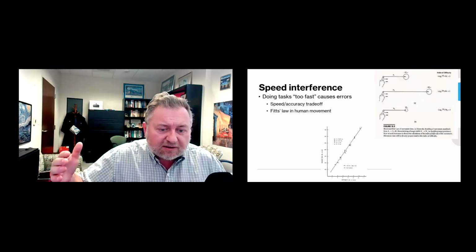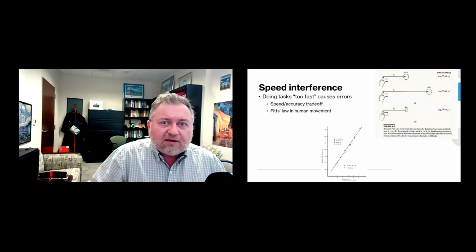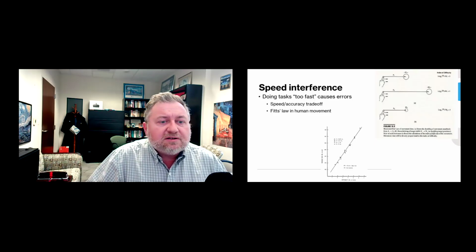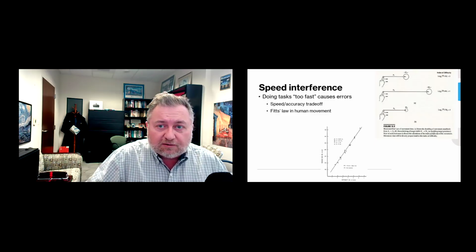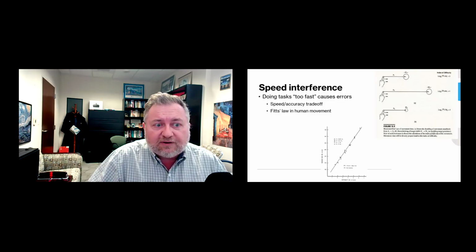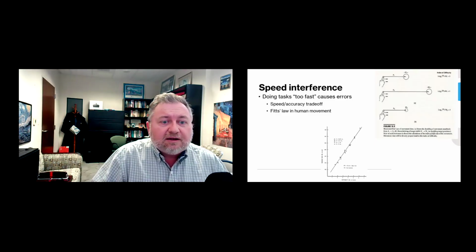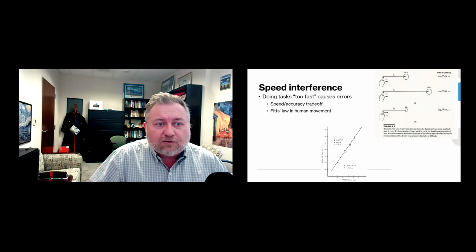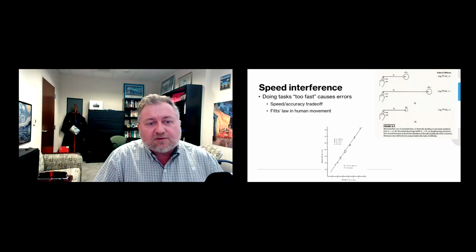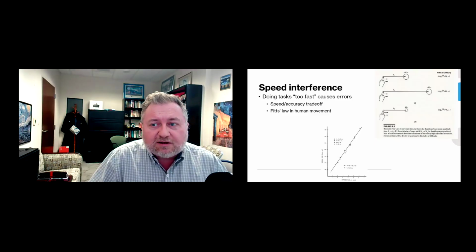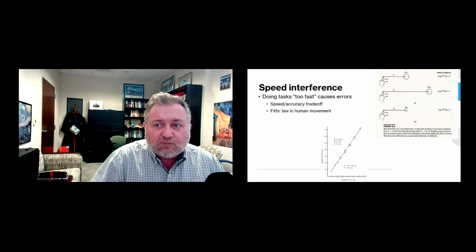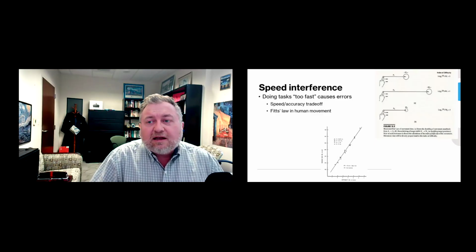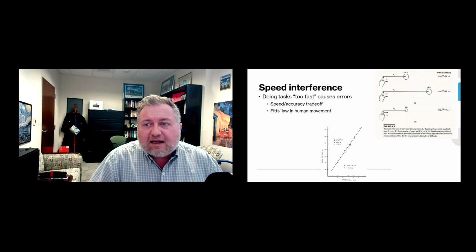It's this kind of cutoff line between the fastest you can go, but still being able to process the information you need to make sure that your finger does land in the target. And if you go too fast, you're going to miss the target, and therefore you're going to see that kind of speed interference, of course. What we see from Fitts's law, though, is that this cutoff occurs very, very consistently as a function of two properties of the task. They are labeled in the top right here as A and W.